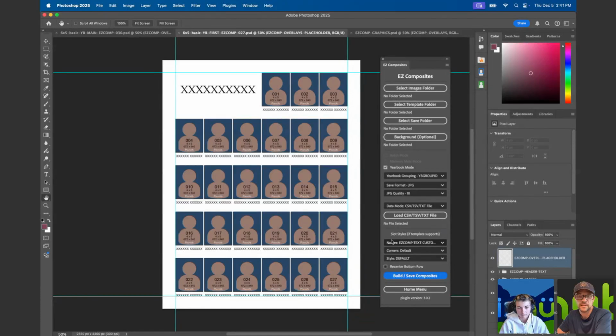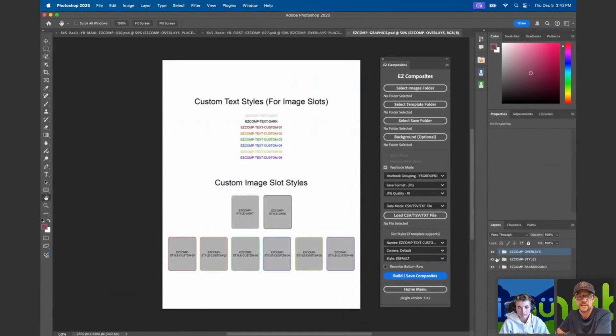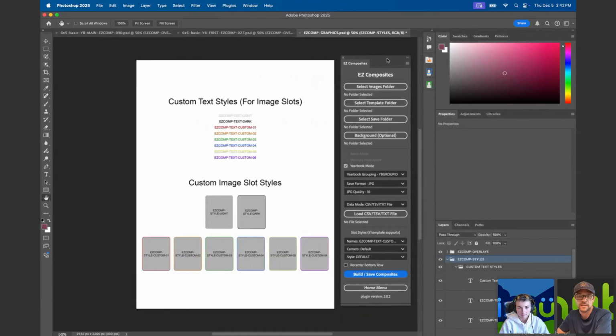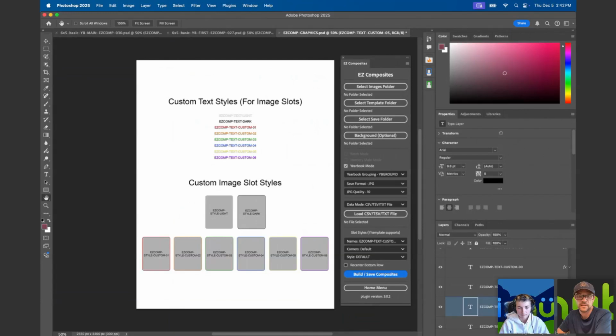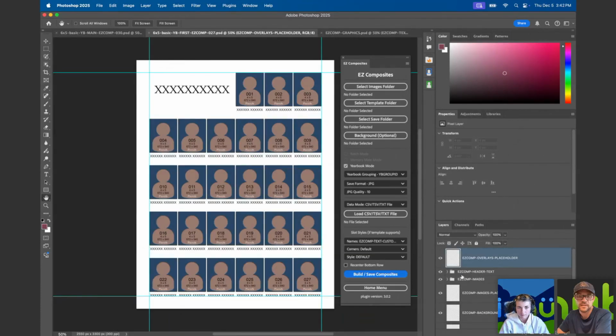But if you choose one, you have to have a layer in your graphics file with that name. It all has to be under this Easy Comp Styles folder, but it's going to look for a layer with that same name that you have chosen in your batch. So it's going to look for, for example, this Easy Comp text custom 05. The only thing it's going to do is basically copy this layer style, and it's going to go in to